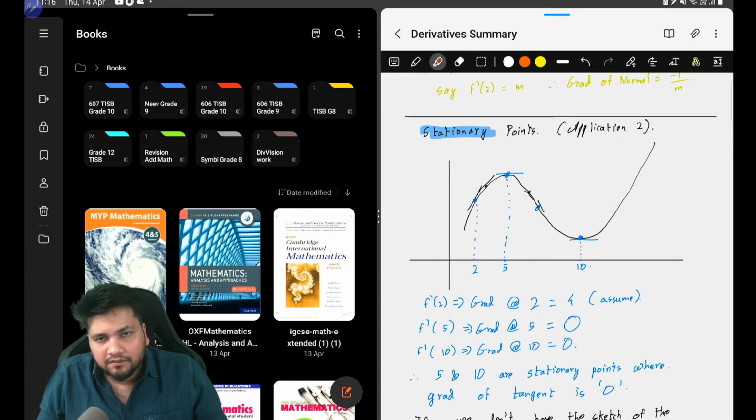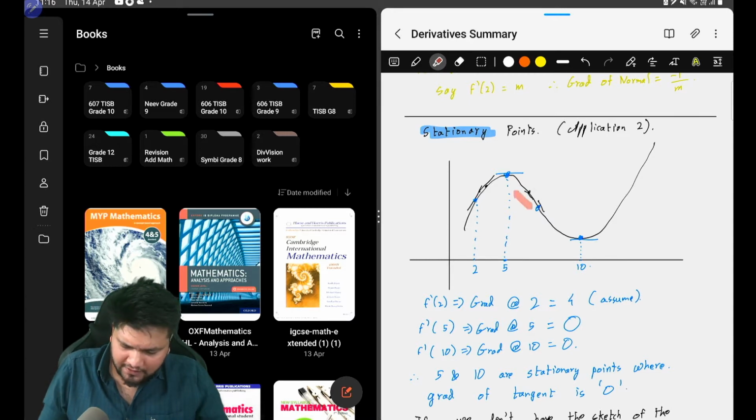So the derivative of 10 e power x will be 10 e power x. Yes, 10 constant outside, derivative of e to the power of x is e to the power of x. Okay. But see, you don't have increasing decreasing function, just letting you know that, at this point, the